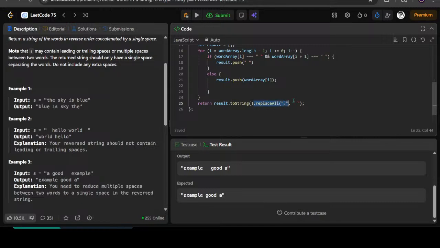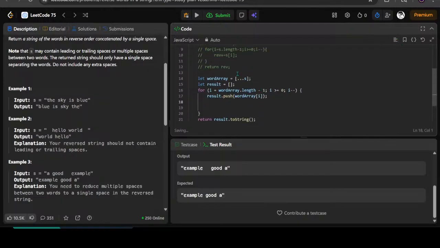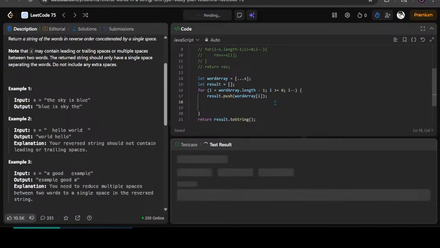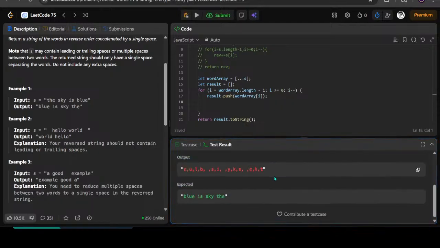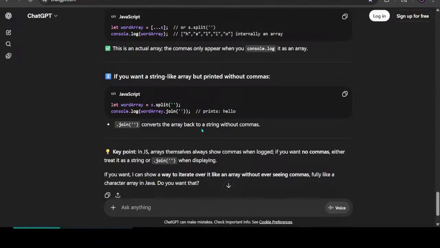Now we have all this. We don't even need this, I guess. What you have to do is push whatever you're seeing here. Sorry, this thing. My spaces will be getting pushed. What is it doing for you? It splits everything into